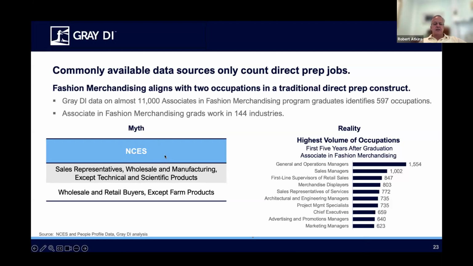Much of it is based on this NCES crosswalk and the principle of direct prep. That is extremely wrong. And it's kind of funny, if you go to the NCES website, what you'll find is they say this crosswalk is not based on empirical data. So that's code for we made it up. Not without thinking about it, but still not fact-based. When you look at the facts, it's not close to being correct.